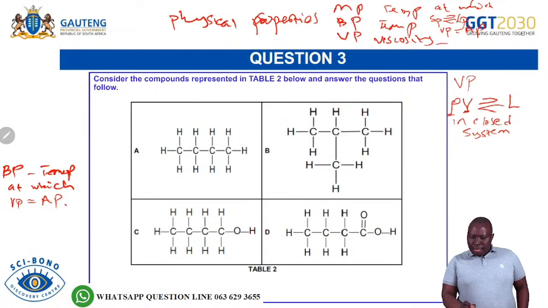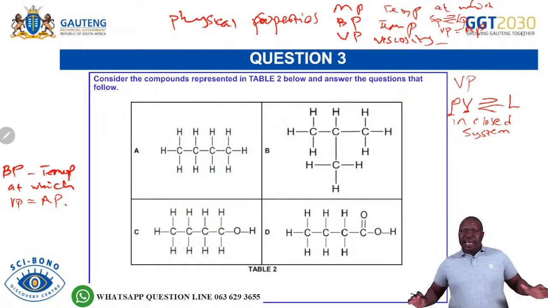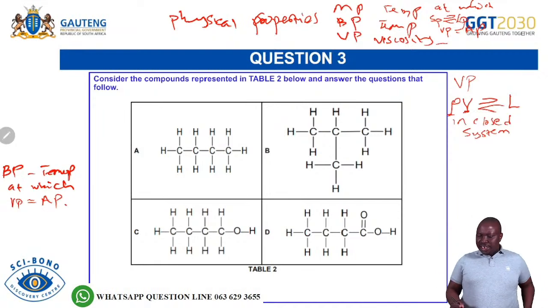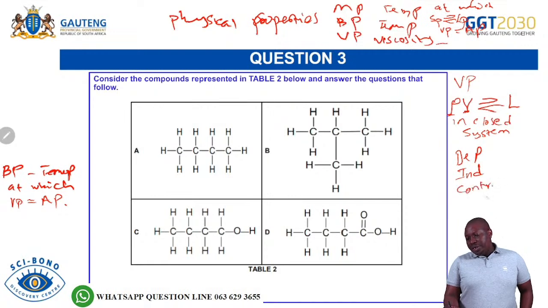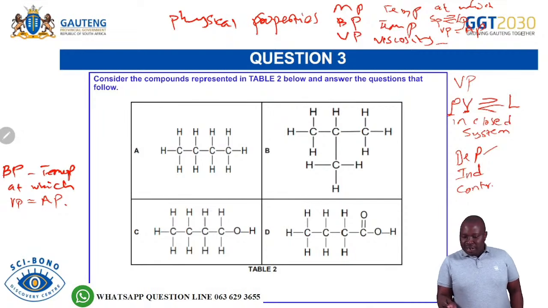Now those are 4 definitions that we talked about. Now if we look here, remember, when you're dealing with question 3, I want you to look at it this way, that here you are dealing with an experiment. So when you deal with question 3, it's an experiment where, remember, in the experiment we have the variables that we are having in our investigation. Here we will have our dependent variable, we will have our independent variable, and we'll have our control variable. Remember, at all times, dependent is the one that we are measuring, and we said our dependent variables are 4 when it comes to question 3. So we have 4 dependent variables, which are melting point, boiling point, vapor pressure, and viscosity.